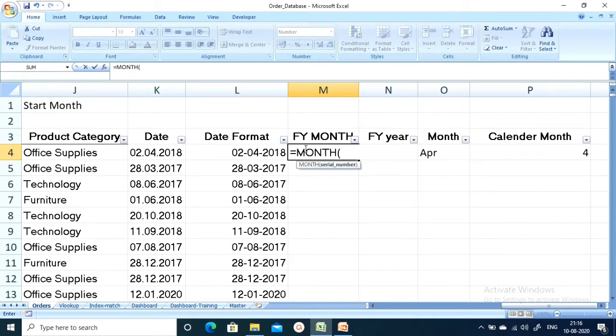Month plus, here it will derive the calendar month. So I'm going to add an IF condition now.